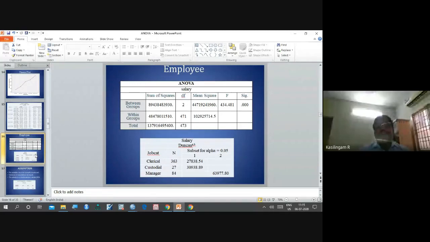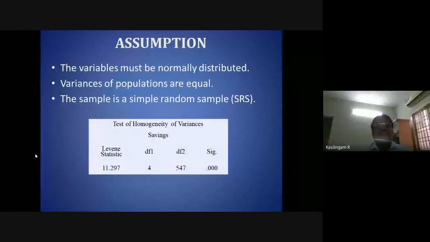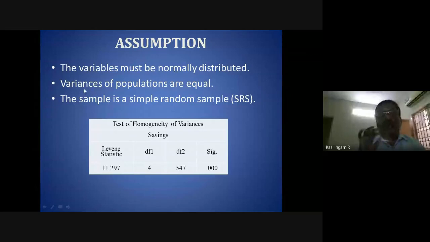Very good. Now, I have put the assumptions: the variables must be normally distributed, the variances of the populations are equal, and it should be a simple random sample. The first one we are not going to see now; we are already at the second one, that the variance of the populations is equal, otherwise the groups are not homogeneous.